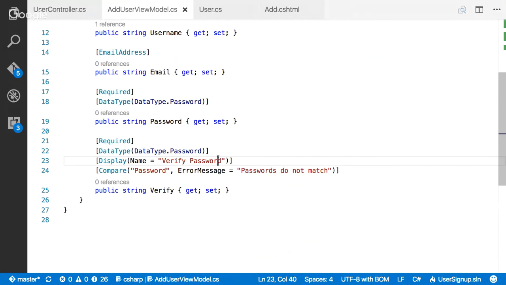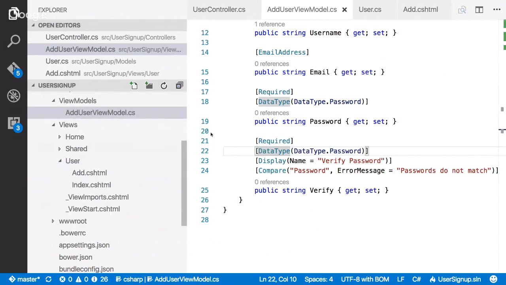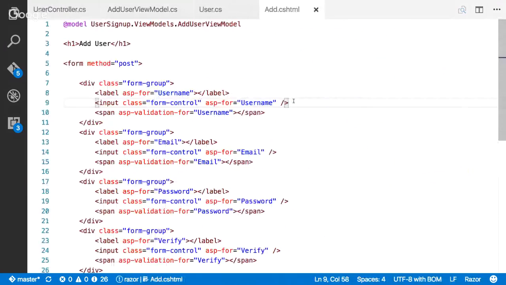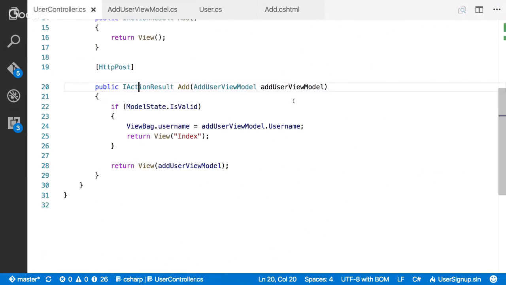And this is really it for adding that validation. So we have a lot that's built into the .NET framework that we can use to get a lot of validation for free. And just to make sure, because I didn't go over it, our user model is super simple, it didn't change. So it's just got username, email, and password. Our controller just checks that it's valid. Because we're using a view model,